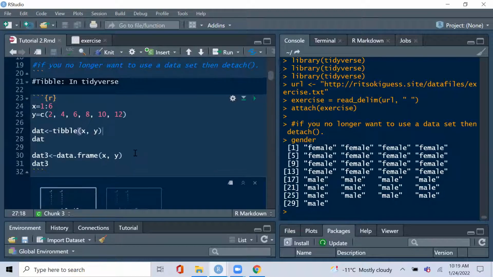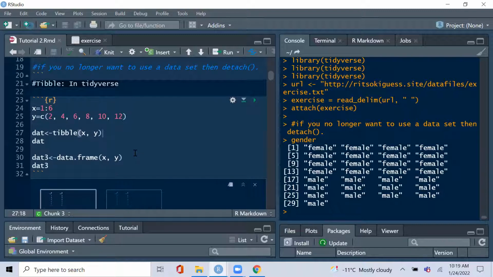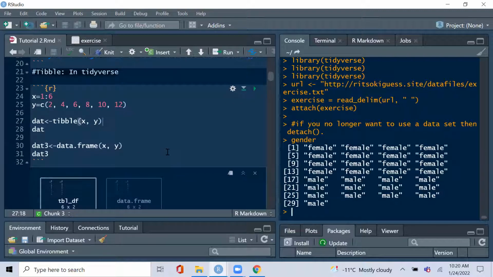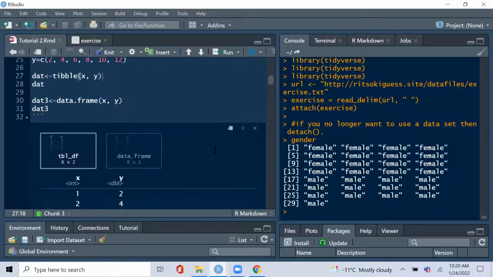I'm going to defer from this, but when I post this lecture, I encourage you to watch this part. Somebody was asking earlier what the difference is between tibble and data frame. And you can actually see it. I created a data frame where I showed that the tibble and data frame are not quite the same object. In theory, they operate in the same way because they both create a 6x2 data frame. When you want to work with tables,